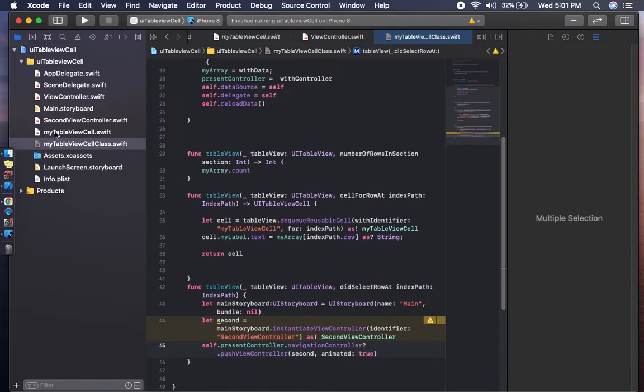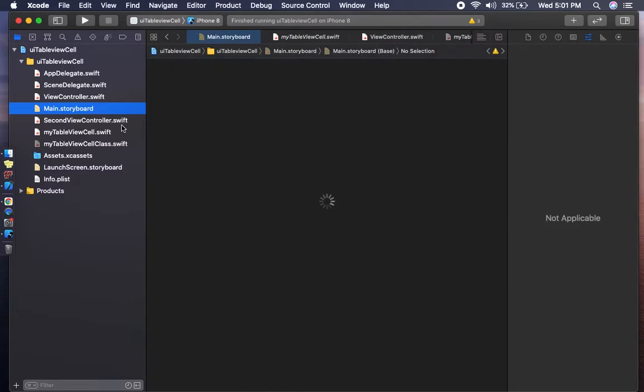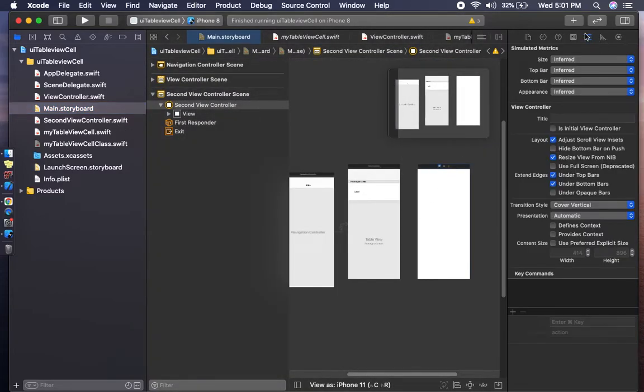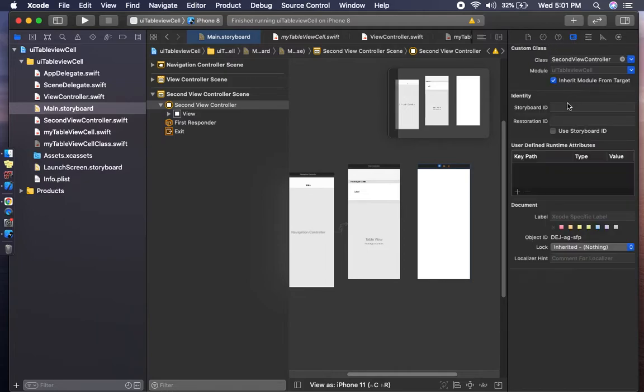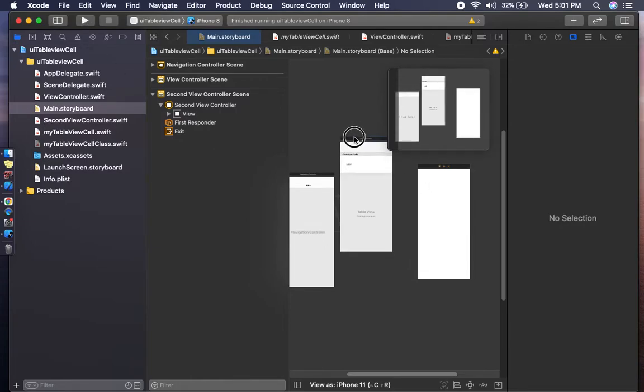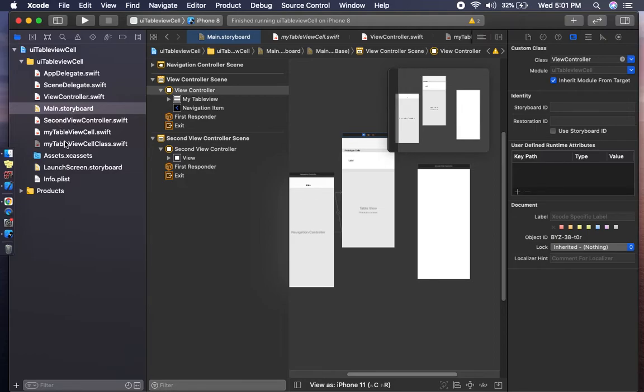So it will navigate from one class to another class. We have to give the storyboard ID for the second class, and we will pass the value from one view controller to another simultaneously.